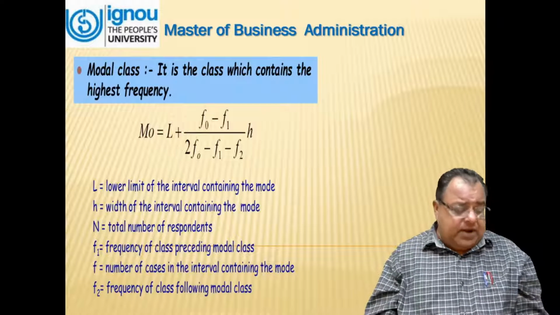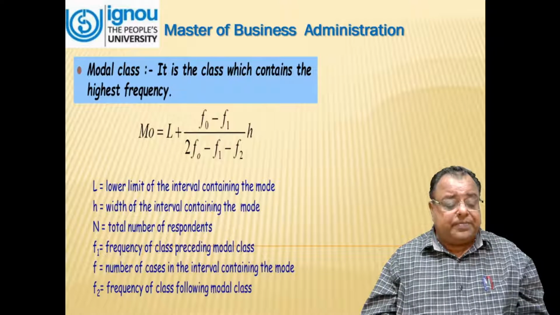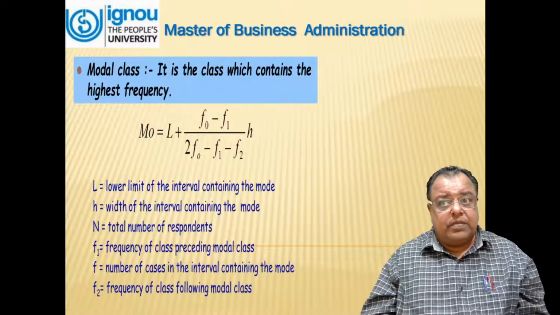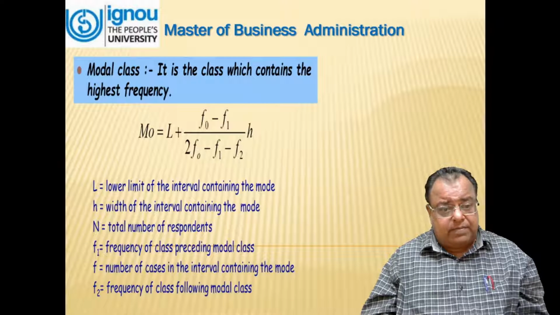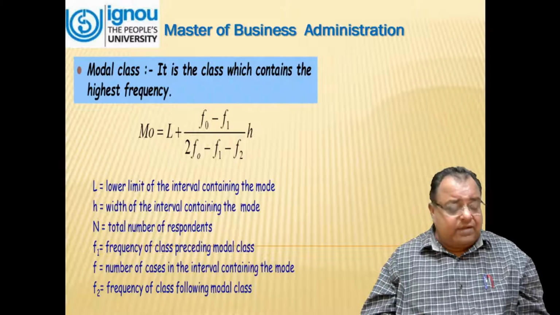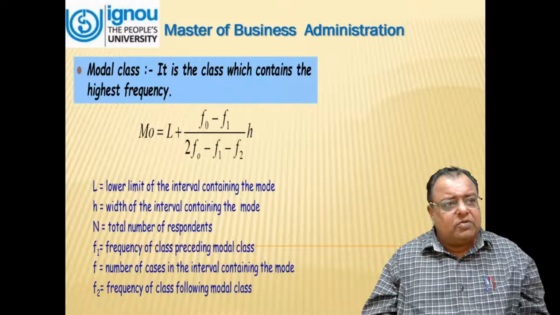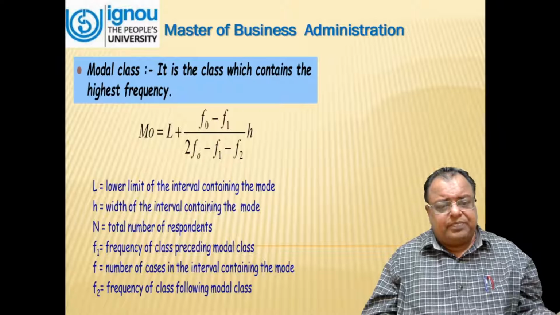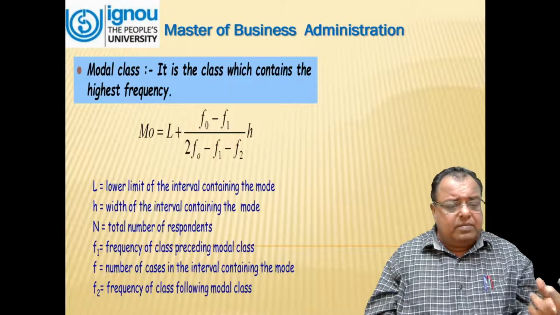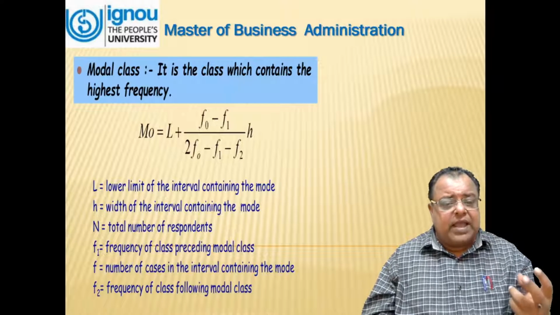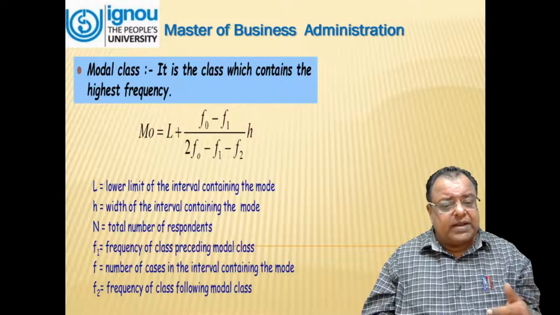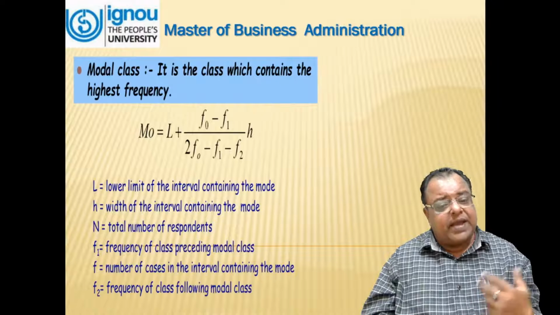If we have to calculate mode for a tabular form problem, in that case, we have to apply a formula which is somewhat similar to what we did in median. That is, mode is equal to L plus (F minus F1) upon (2 times F minus F1 minus F2) into H or I,